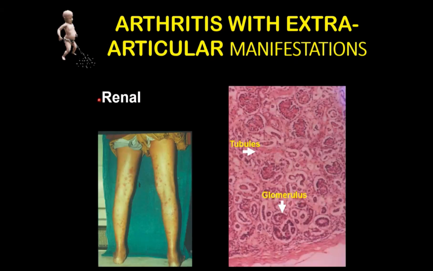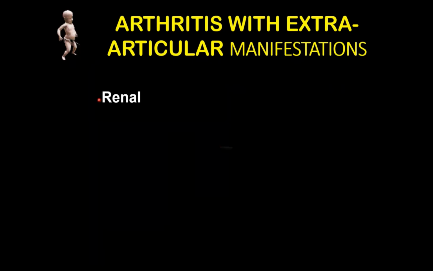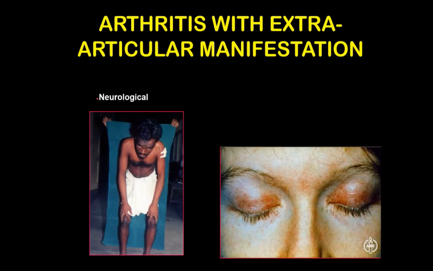Henoch-Schonlein purpura can also cause a glomerulonephritis. You saw the slide earlier. It shows glomerulonephritis. Then, the other important thing which you have to jot down is a patient with a rheumatological disease, you have